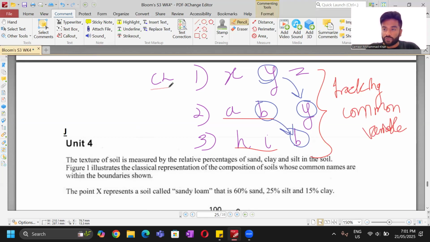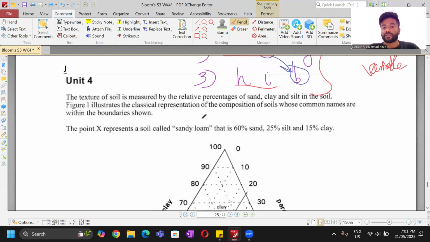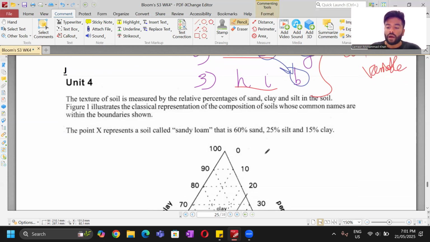So with that definition of cognitive loading out of the way, let's actually try this stem. It's quite a long stem. I'm going to do the questions that are truly relevant towards your understanding of cognitive loading. So the texture of a soil is measured by the relative percentages of sand, clay, and silt. Figure 1 illustrates the classical representation of the composition of soils whose common names are within